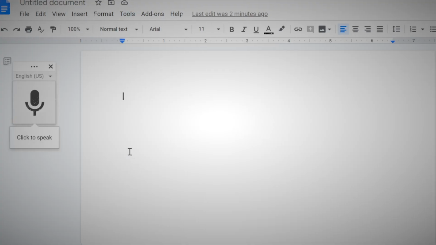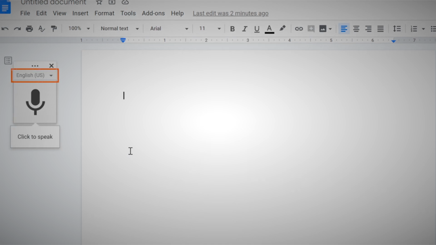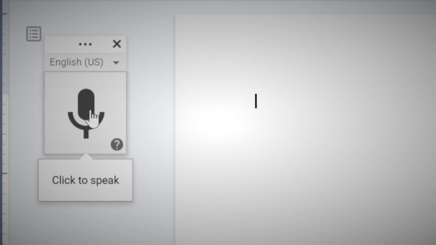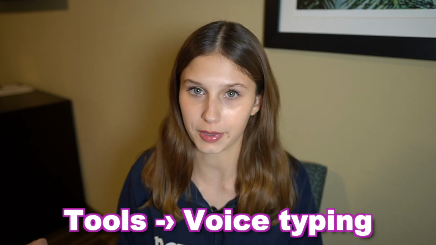Another tip that I also do when I'm writing my scripts, I use the voice to text option within Google Docs. And this can just help speed up the script writing process. On your Google Docs, you simply just click on Tools and then Voice Typing. Maybe let's say you already know a lot about the video that you're going to be making or the topic of the video. You can start out by adding bullet points of what you may already know and then add on to those bullet points later after doing some research.